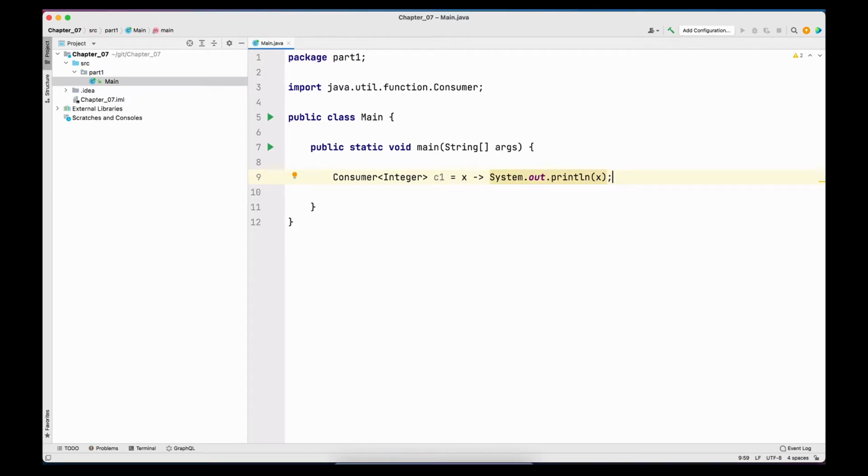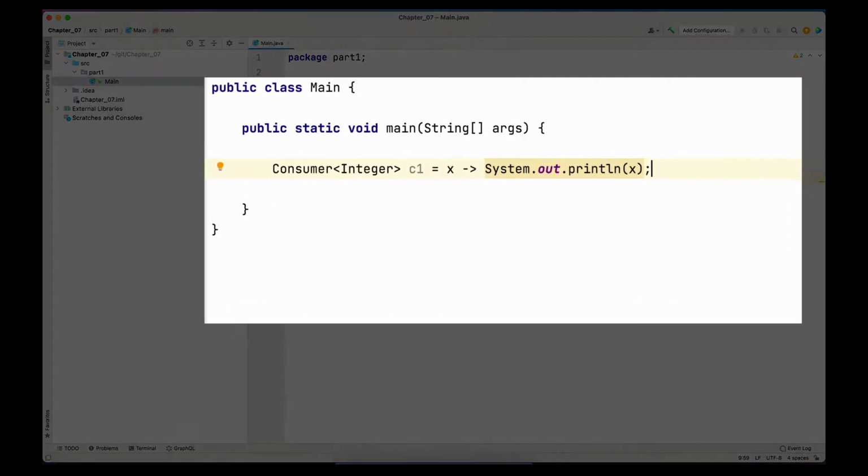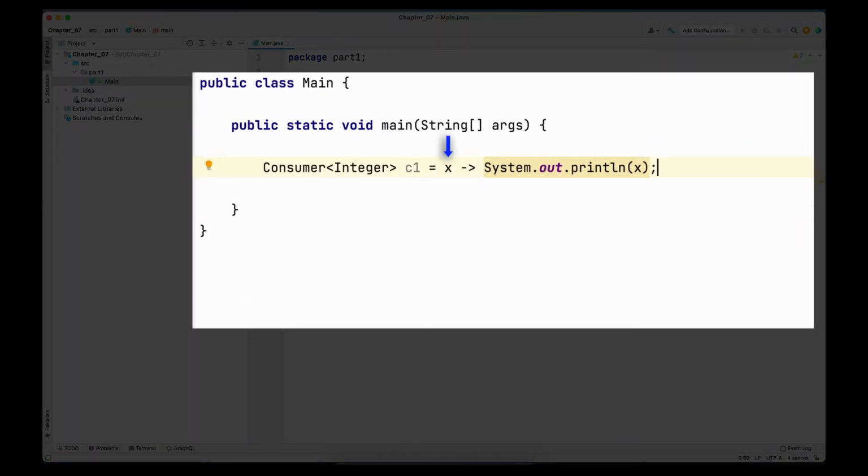If you're not aware of lambdas or you're not aware of functional interfaces, please watch the videos that I have already prepared. I'll link the card in this video and go through those first and then come back to this particular one. So in this lambda, you can see that we have x as parameter of the lambda, and